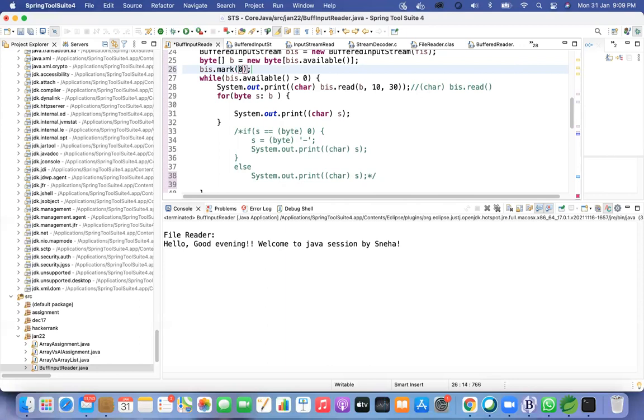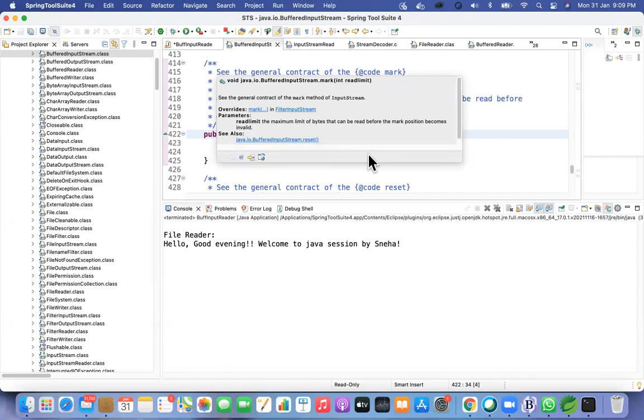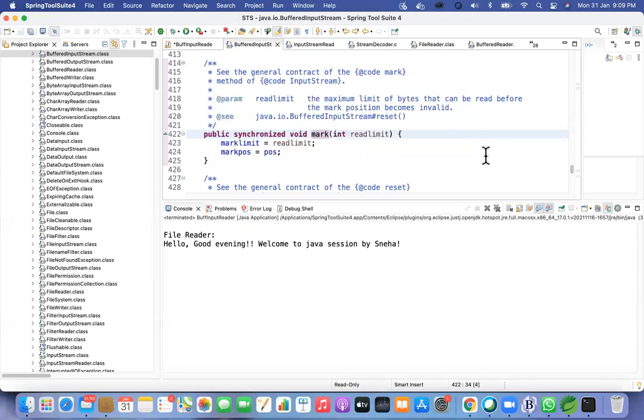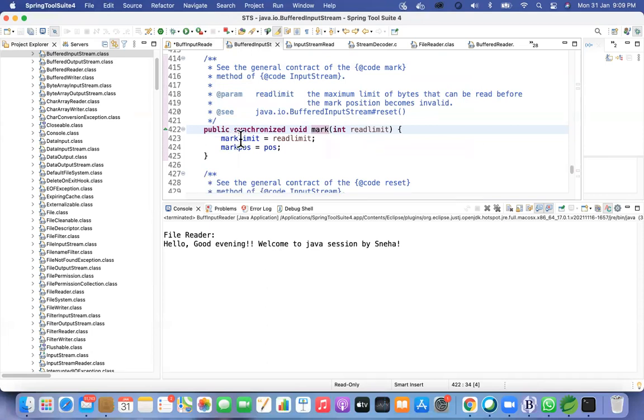So this is again something which is given only to evaluate in the byte format, not in the Reader or Writer classes. So you can just go to that mark method. If you see the structure of this, it's again a thread related class, and the mark limit is nothing but the read limit. Can you select that mark limit and go where it has been defined?